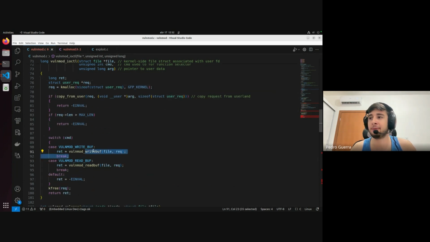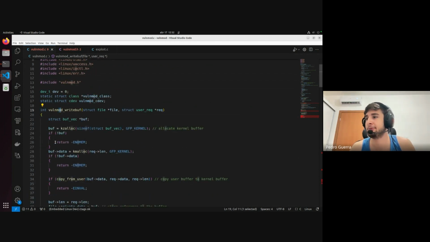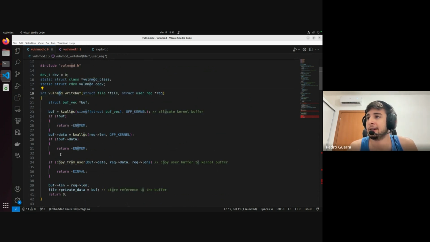And then let's say I want to go to the write buff routine. The write buff routine will allocate a kernel buffer in the heap and copy the data pointed by the request I showed previously to that buffer and store it in the private data of the file. That's why I said that the file is interesting for saving session-specific data, because this file structure is associated exclusively with the file descriptor exposed to your process. So I want to save this globally. I don't want this reference to be lost when the function returns,